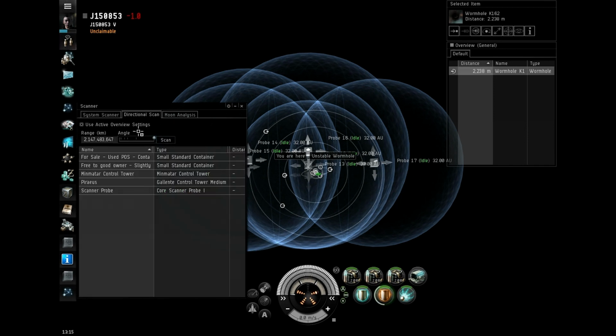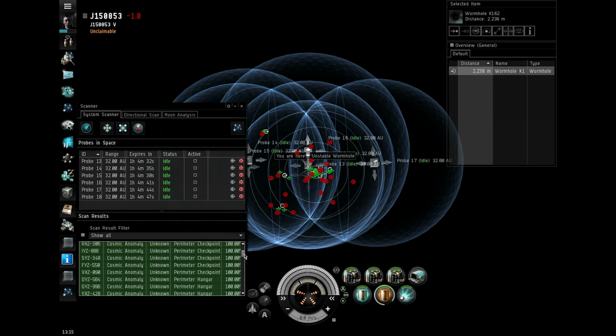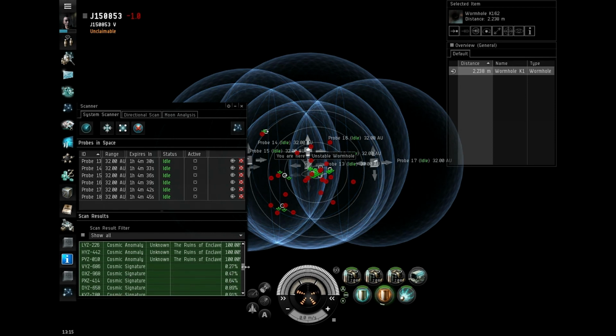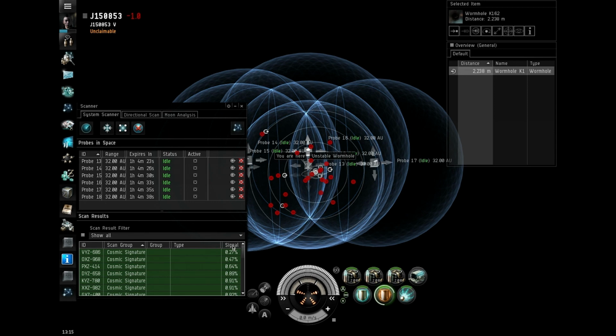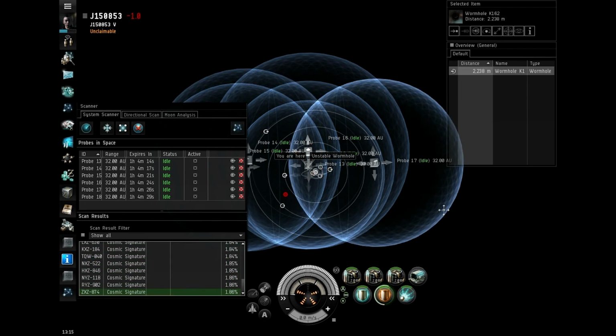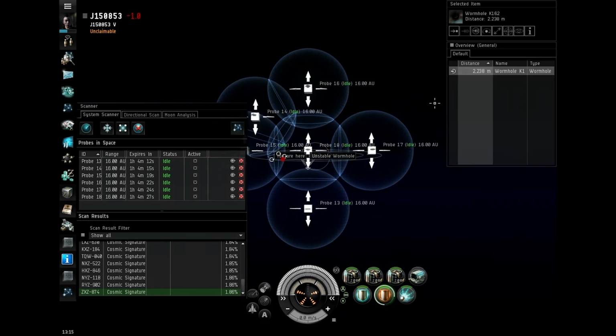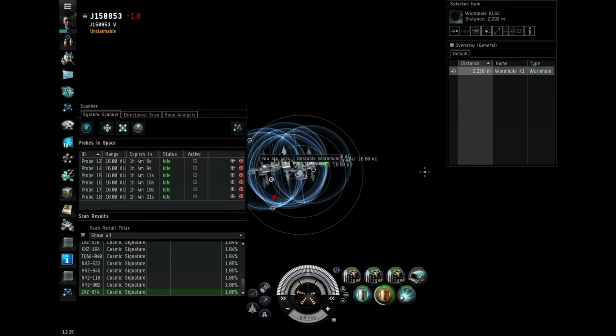and that is a lot of money sitting right there in the sites. So since we know what those are, should ignore them. I like to arrange it by signal strength, strongest at the bottom. So if we go for ZXZ, hopefully it's not our wormhole that we've just come through. And we'll quickly scan it down,